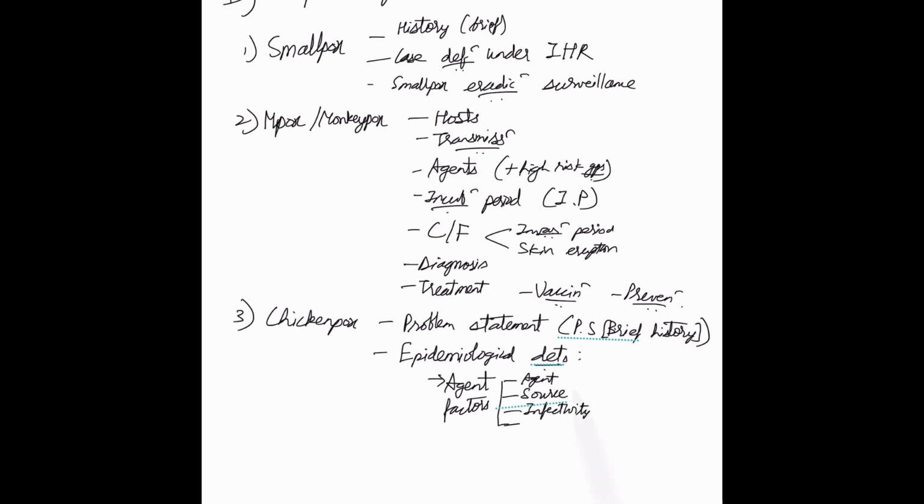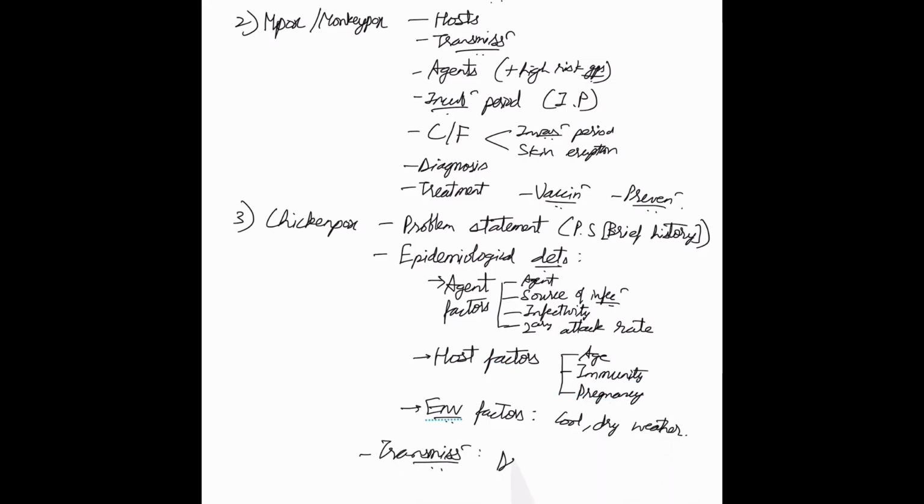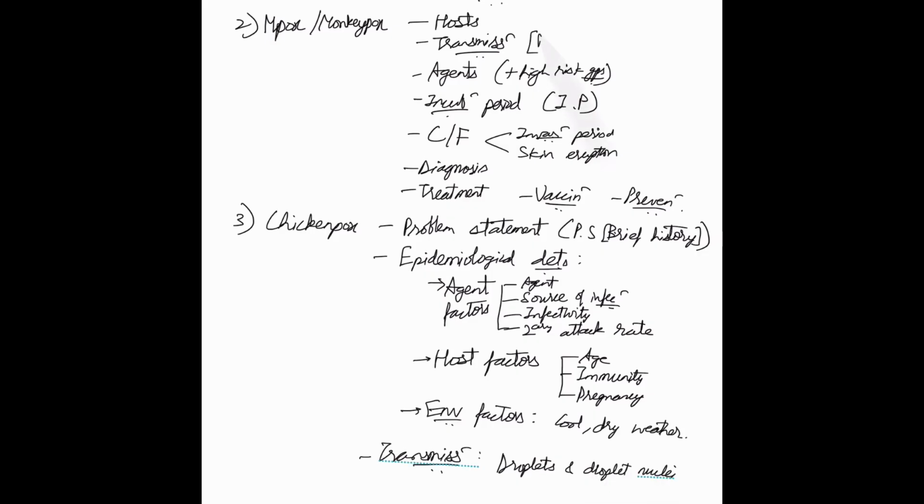Now, coming to chicken pox, there's a small problem statement that's basically like a brief history about the disease, and then it starts with the epidemiological determinants. Firstly, the agent factors. Under agent factors, we have the agent, the source of infection, infectivity, and the secondary attack rate. Under host factors, we have age, immunity, and pregnancy. This is very important. And under environmental factors, we have cool, dry weather, which can facilitate the transmission of the